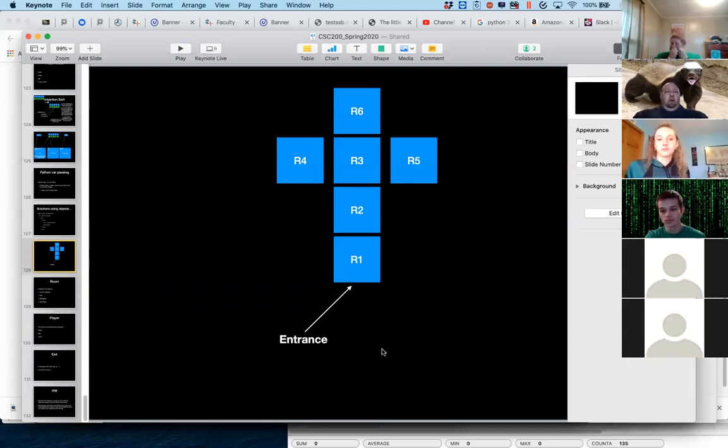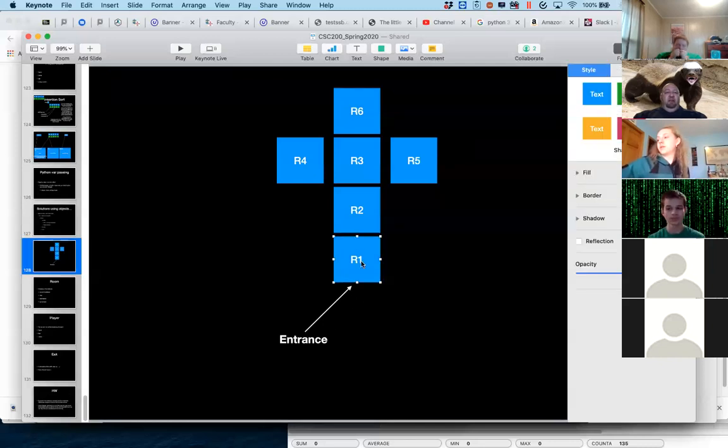All right, so our homework for today is we're starting to build out this multi-user dungeon type thing. We created a little dungeon in the shape of a cross here, and ultimately the goal is that we're going to be putting our player into room 1 here, and then allowing our player to traverse through this dungeon. But for today, we were to build out